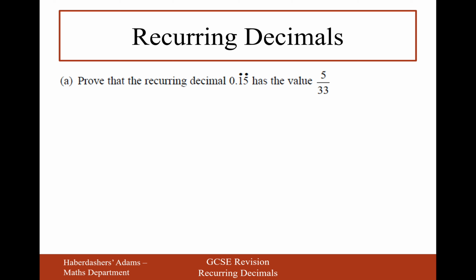Okay, let's move on to the next question. So this has a point above the 1 and the 5, making it x equals 0.15151515. So if we multiply by 100, because I want the decimal digits in the decimal places to move up by 2 positions. So that means multiply by 100. So it's going to be